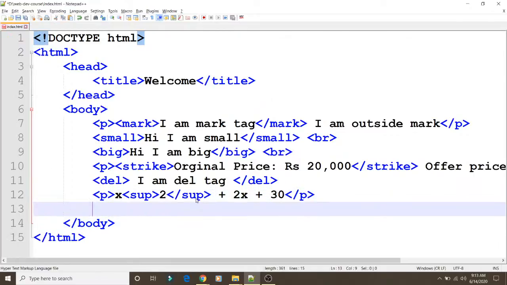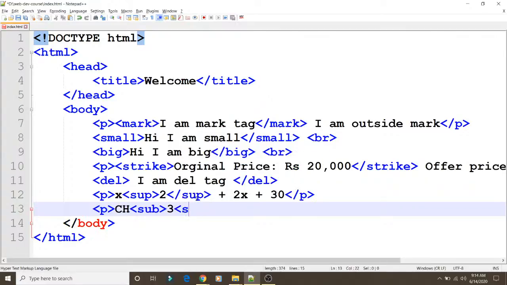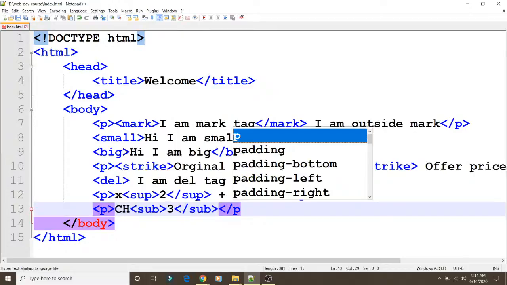We will start with paragraph, and CH is our normal text, and now we want to put the subscript as 3. So we'll use the tag sub and then we'll keep 3. And again we will close the subscript tag, and then finally we will close the paragraph tag.